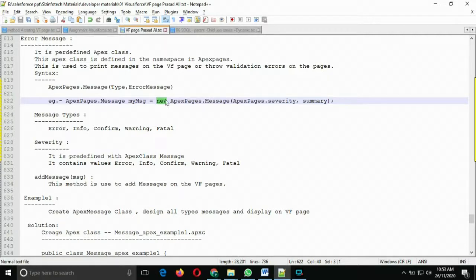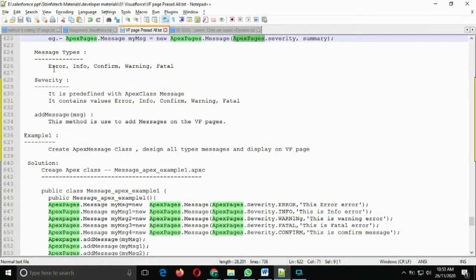Okay, now Apex pages dot message and Apex pages dot severity, and comma summary. What do you mean by summary? Summary is the description, the error information, the error message that is going to be displayed to the users.